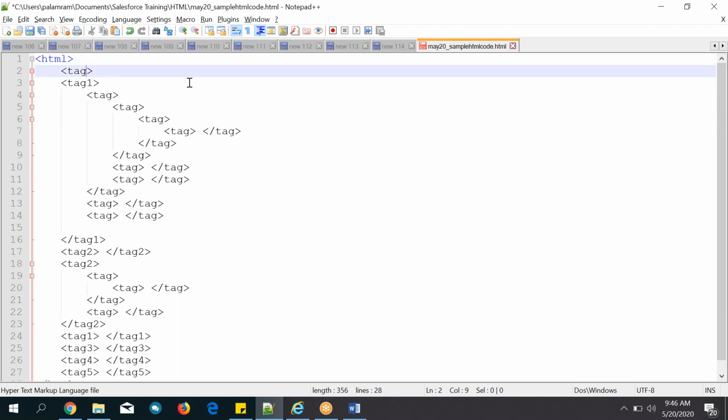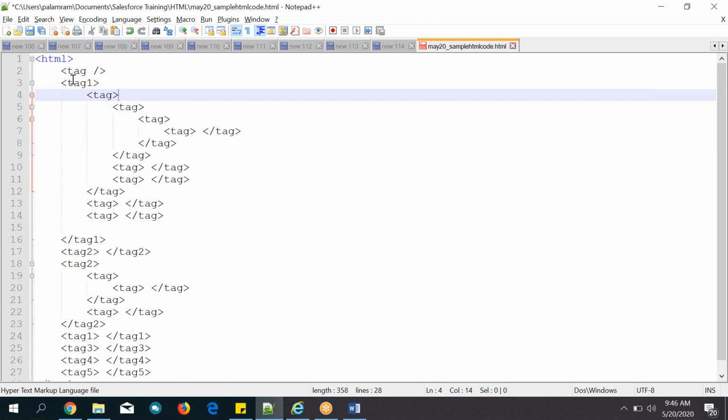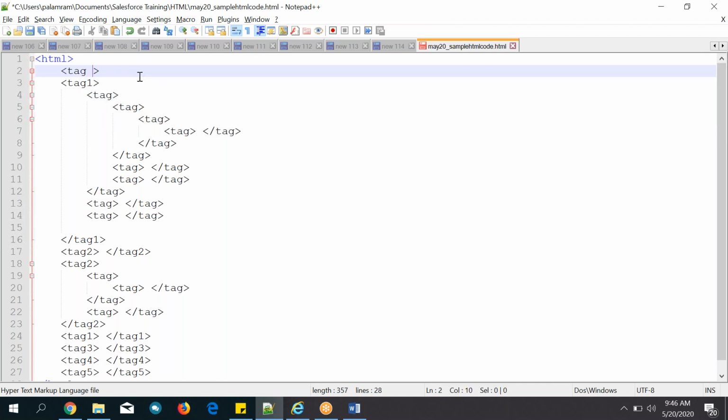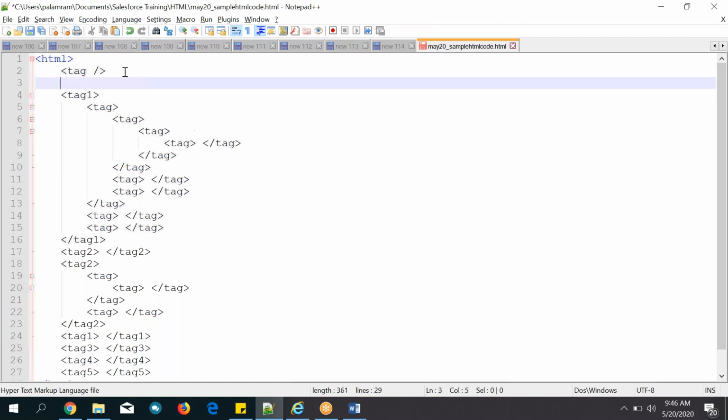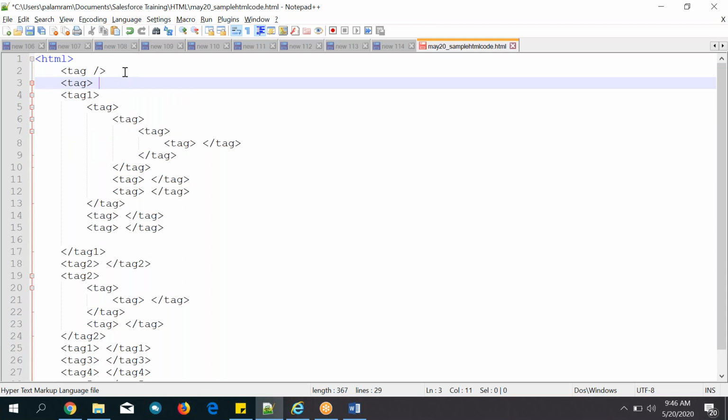And at the end of this arrow you can close it simply. See here, put the backslash here. That means you can end the tag here itself. Understand? This is equal to this one, open and close.